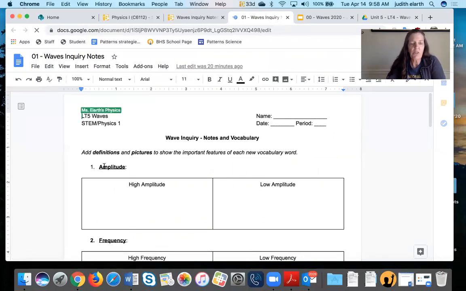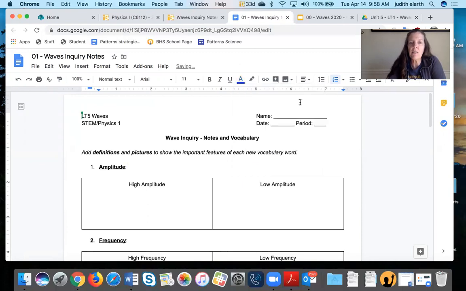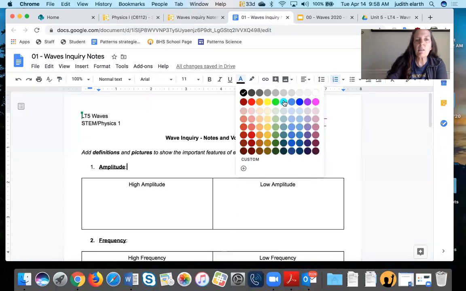There are definitions. So what's amplitude? If you just move your cursor here, and if you go to the letter A, you can pick a color. And so you could answer it in a color, and that's really useful to me. So if I say I want to do it in blue,